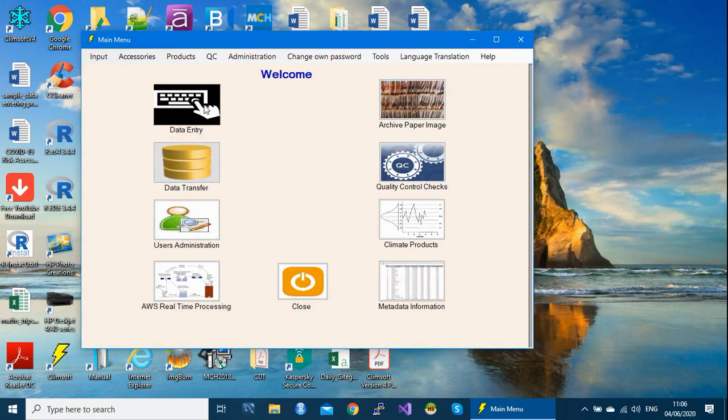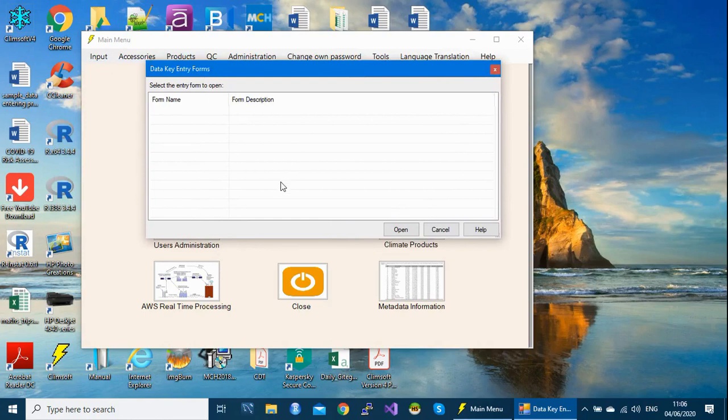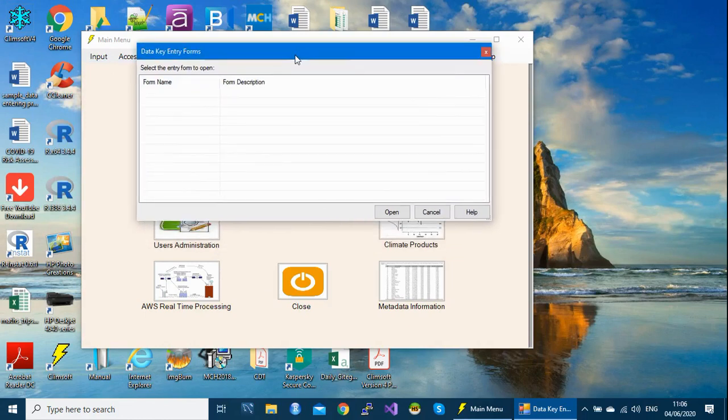By clicking on it, it will open this dialog which is empty. This is where data entry forms are listed, but now this form is empty, so we need to activate required forms to be listed here depending on which one we want to use in our daily operations. So how to go about it?